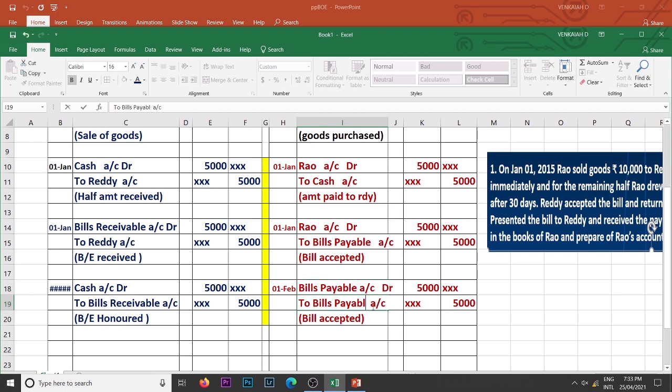Cash is going out in the books of Reddy because he is paying money against bills payable. So bill honored and amount paid. Right. So these are the